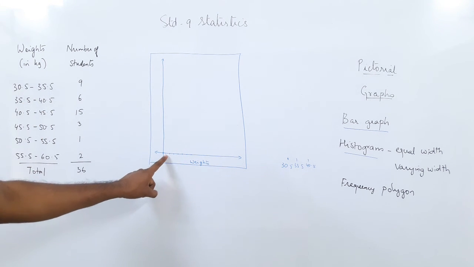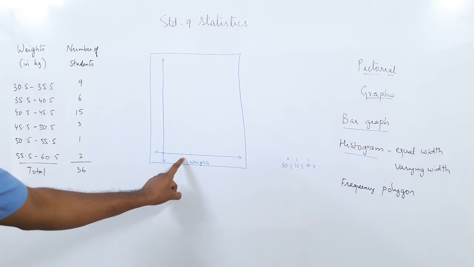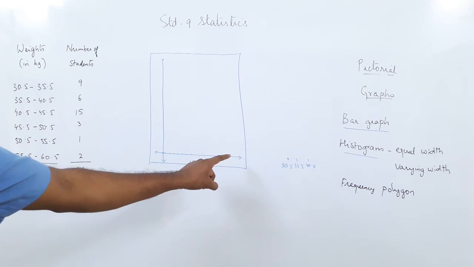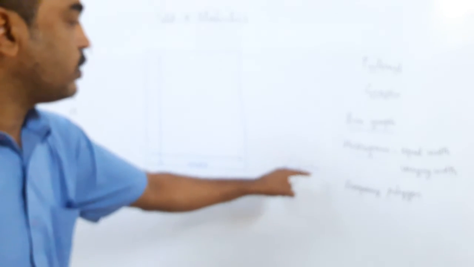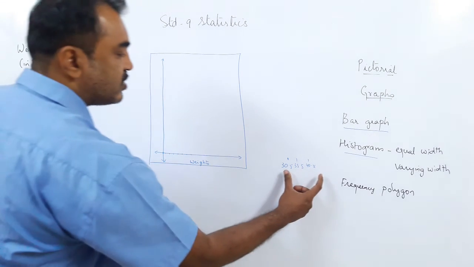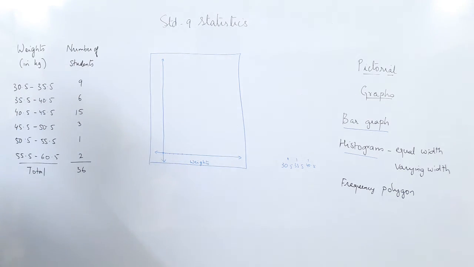I started from 0.5, then I jumped 1.5, 2.5, 3.5, 4.5, 5.5, 6.5, and I go 7.5, 8.5, and I continue, and then I reach 30.5, where my first data starts, then 35.5, 40.5, and so on. Now, you can see we are starting from 30.5. The data starts here. So all this place has been left empty. There is no data here. Means we are wasting the space here.